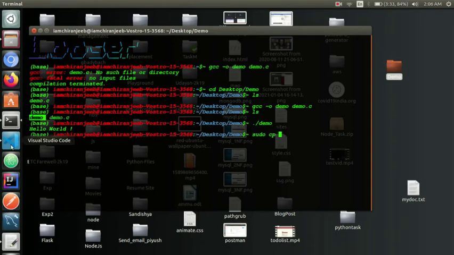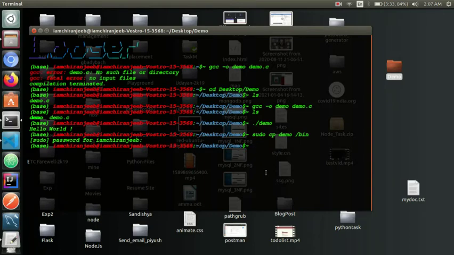I will give the file name here, demo, then /usr/bin. So it's asking me for the password. See, we can see there are no errors.